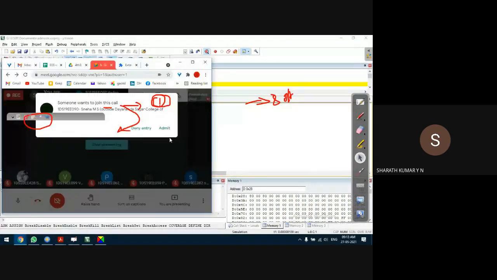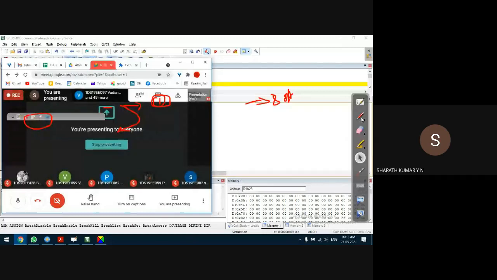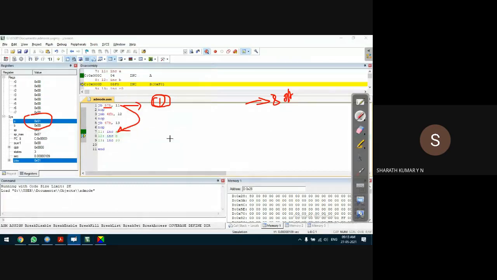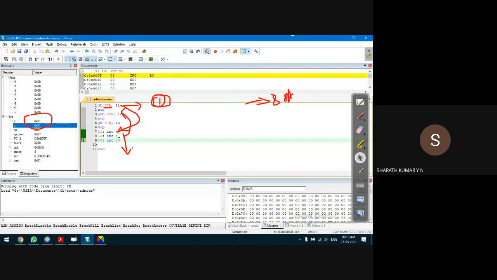It is not a subroutine. In a subroutine, if we declare it as a subroutine, it will execute the subroutine and go back to the main program. But it is not a subroutine. It's just a jump in the program. It will continue with the execution of the rest of the program. Let us test the second instruction. B is also incremented because this is not restricted. After this instruction, the next instructions will be automatically executed.